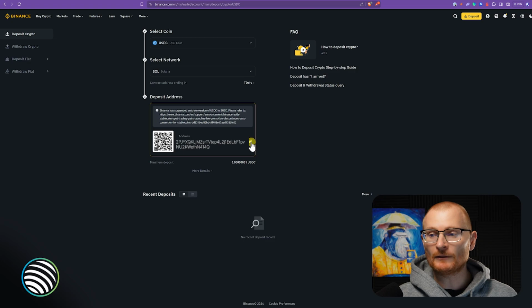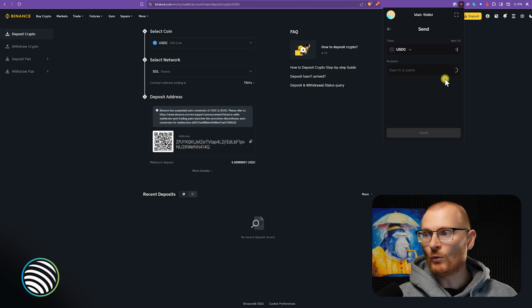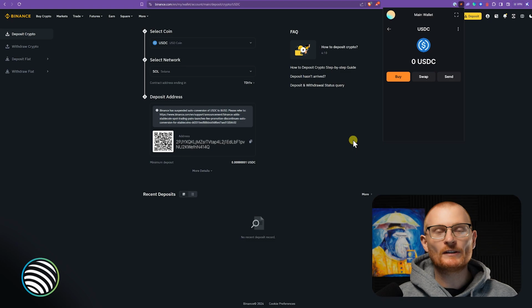We can go and copy it, click on the copy button, then go into our wallet, select USDC or whatever it is we want to send, type in the amount, paste in the address, then click Send and confirm. Once again, you want to double check the first 5 and the last 5 characters to make sure it's completely correct. And if in doubt, just go and send $1 US or something really, really small.